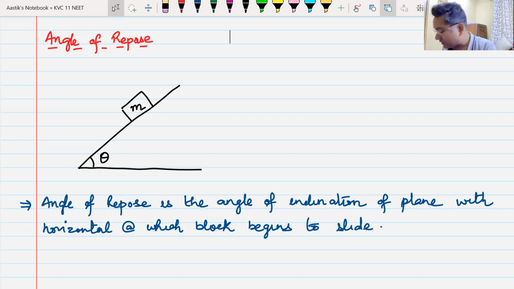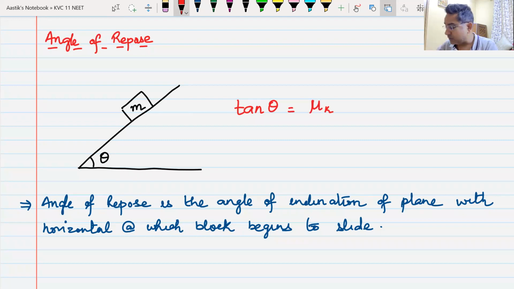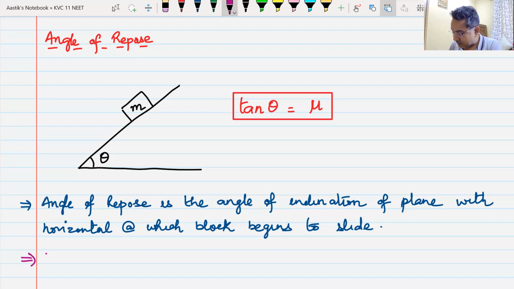And what thing you must remember about this angle of repose? Tan theta of this angle of repose is equal to your friction coefficient mu k, or just write it as mu. The value of your tan theta, the angle of repose, is equal to mu. That means your angle of repose